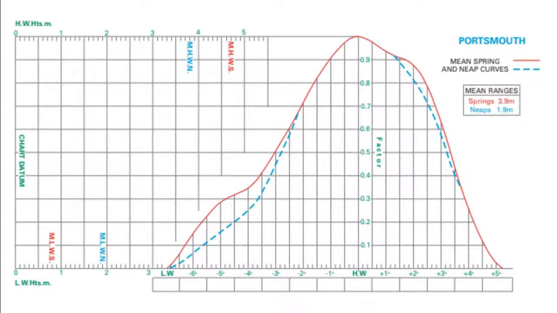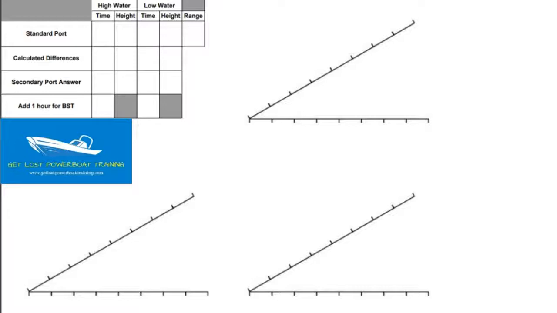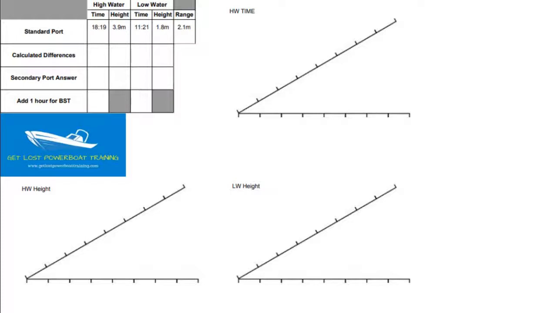If you think back to our tidal curve then, we need three pieces of information in order to be able to fill it out. We need a high water height in metres for the top scale, a low water height in metres for the bottom scale, and a high water time for the boxes at the bottom of the curve. So on my template then, I'm going to label my three triangles: high water time, high water height, and low